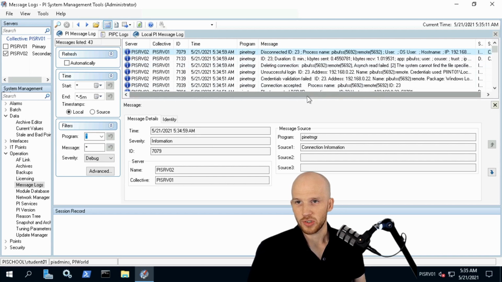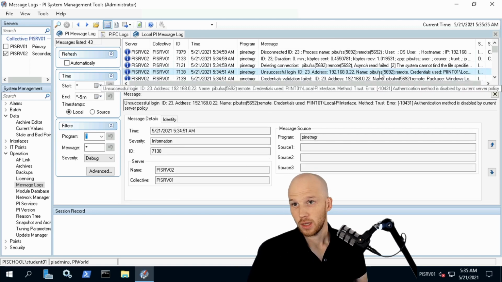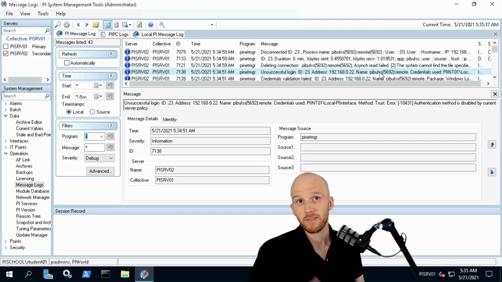So we're looking for messages that have something to do with our interface or our buffer, because it looks like it's not sending data. Well, here we go. We see unsuccessful login from our buffer subsystem,